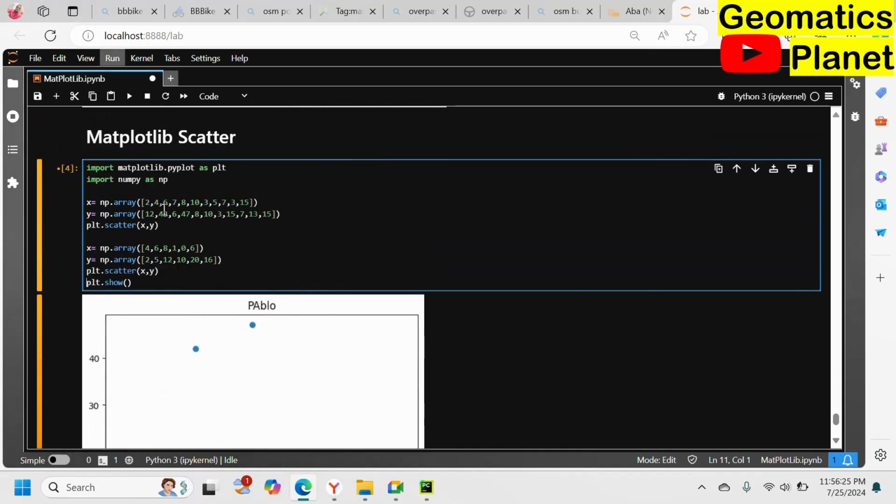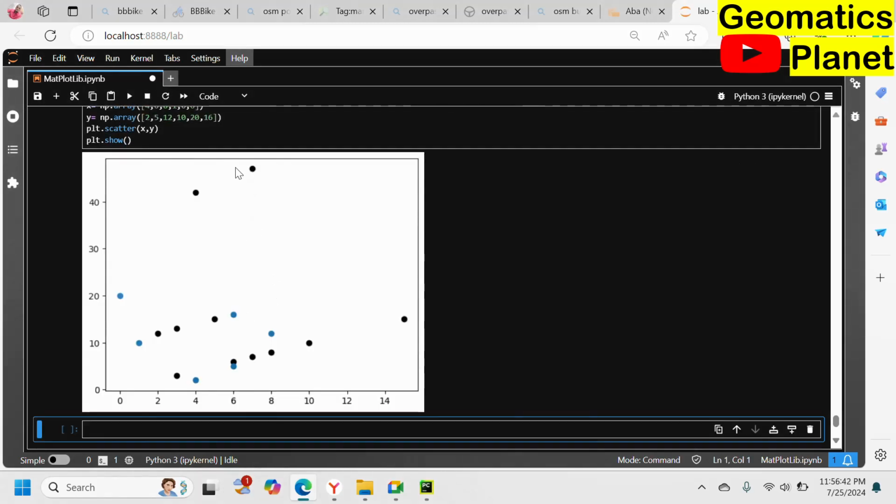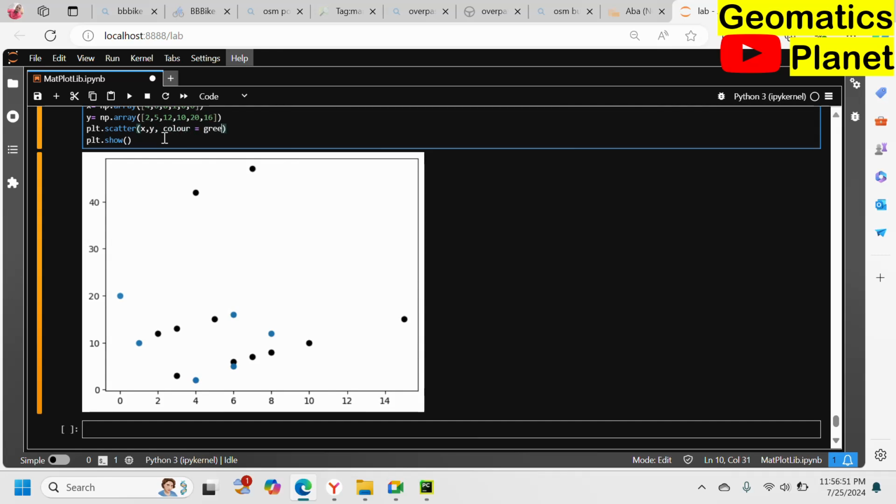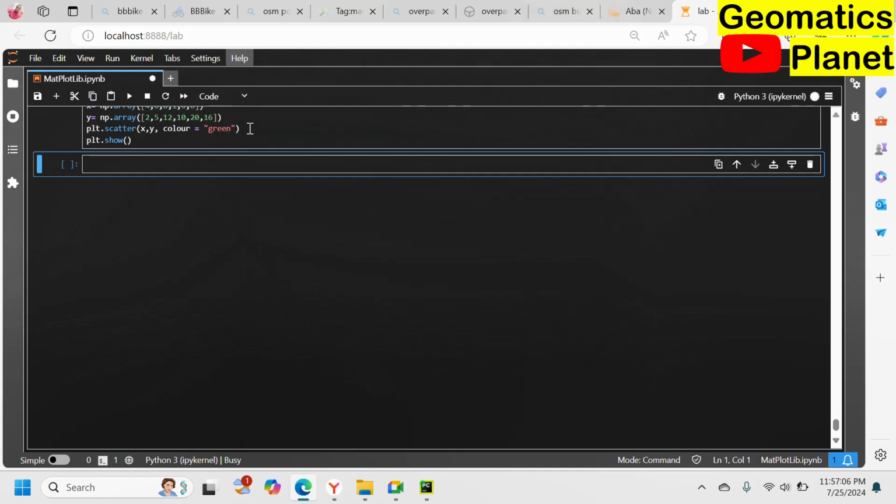Another thing is passing a color, still the same way. If I say color equals K, you remember what it's supposed to give me. That means it's going to give me black, like we talked about in our last class. And you see now this is black, and if I want to pass this one to green, I will also need to say color equals green. For the 2 different things, remember the green has to come in this. So I'm going to put this, and I'm also going to put this, and I'm going to run it. See, this is in green and the other is in,